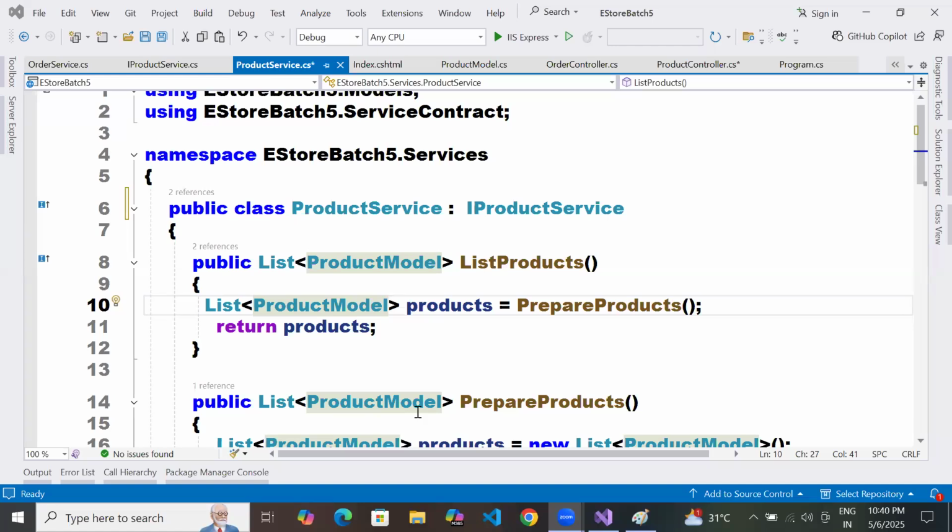Suppose, sir, in IProduct service. Listen, let's go with this flow. Practically, you have an order service which contains 2 methods. Second, you have a product service which has 3 methods. Now, what I'm trying to do is inherit order service into product service.